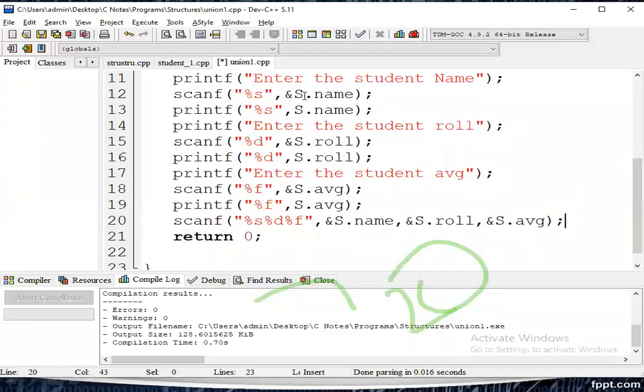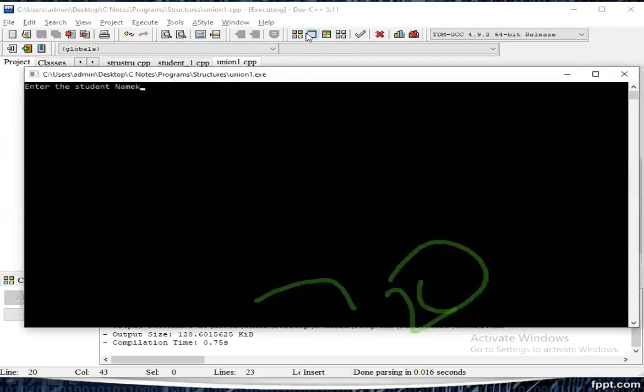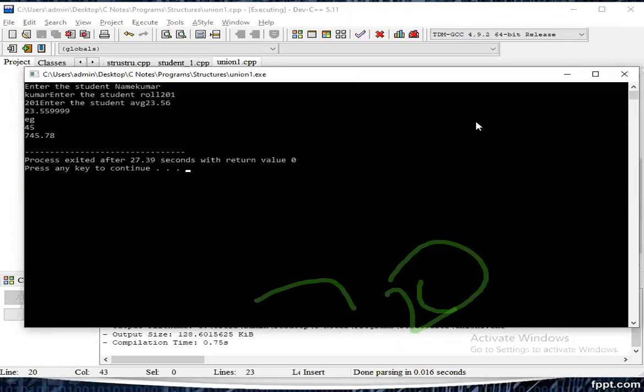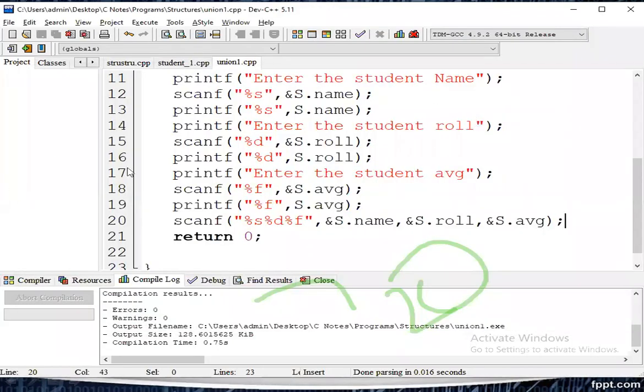Please try. Okay, it is not supported. So that is not allowed.